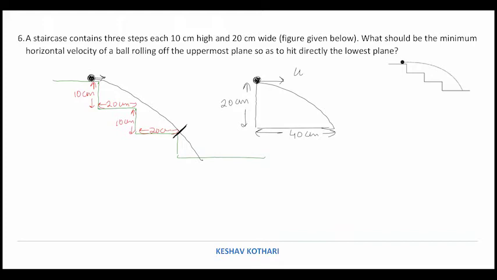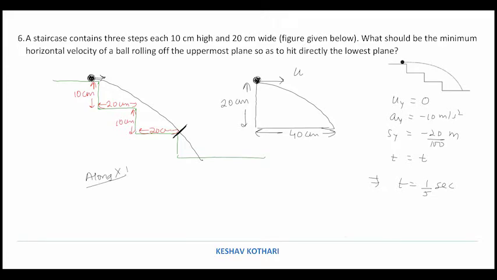So to solve this particular problem, if I solve along the y-axis, you can directly use the formula also. I am going with the concept portion, that we are solving along the y-axis, then acceleration along the y-axis is minus 10 meter per second squared, and displacement along the y-axis is minus 20 by 100 meter, and then we calculate t. So from here we get t equals 1 by 5 second.